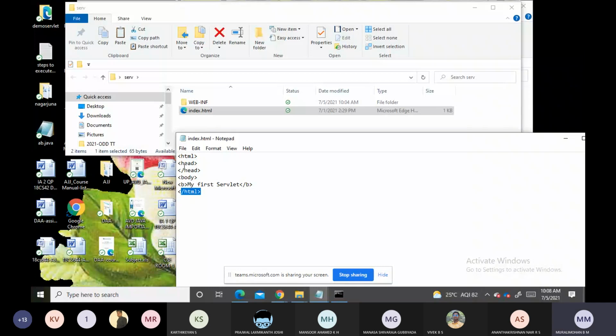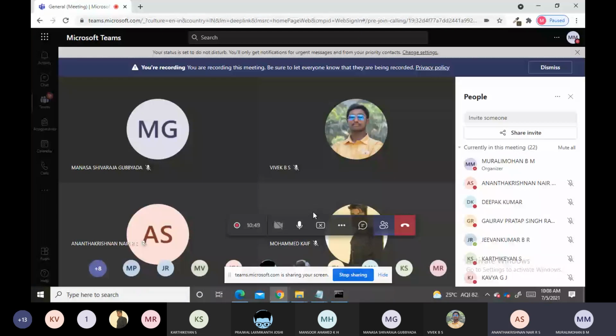In that, we are having two sections: one is the head section, the other one is the body section. I hope there is no doubt up to here. Clear? Kindly respond, please. Yes, sir.